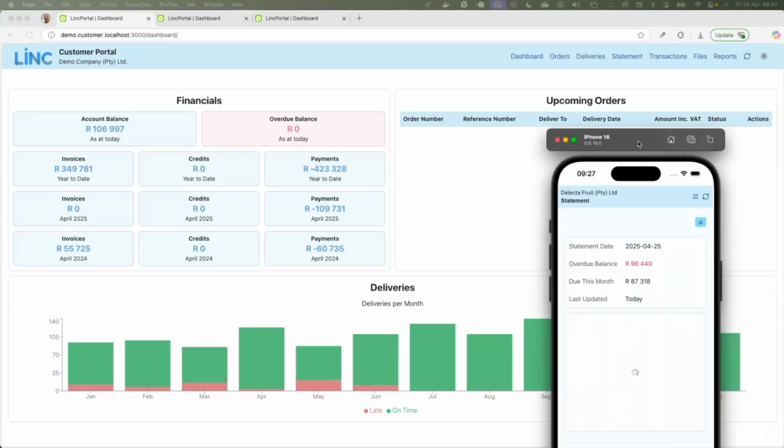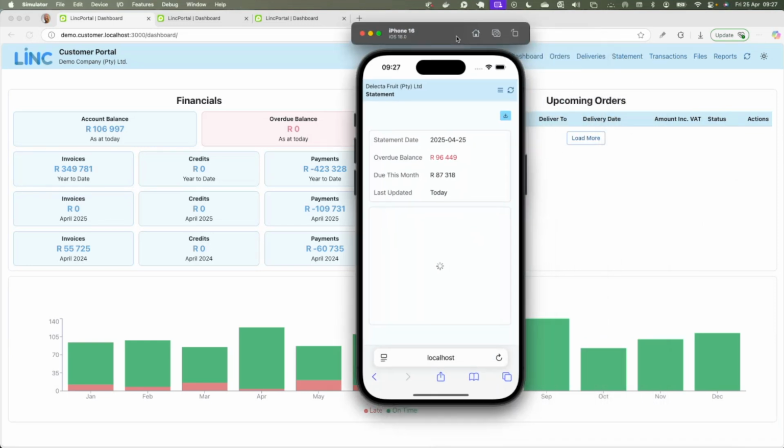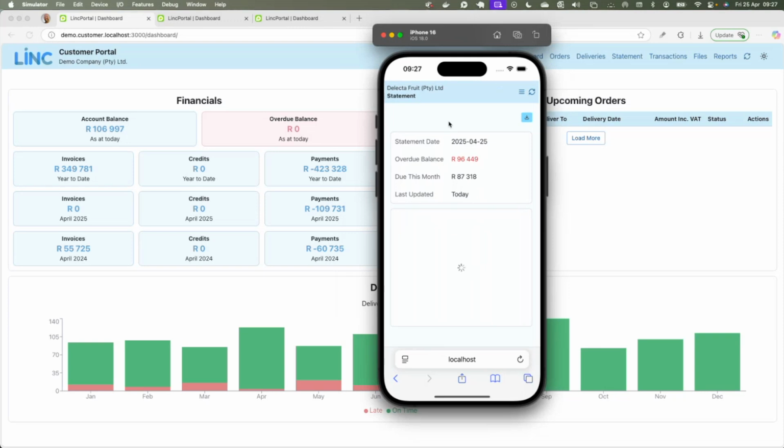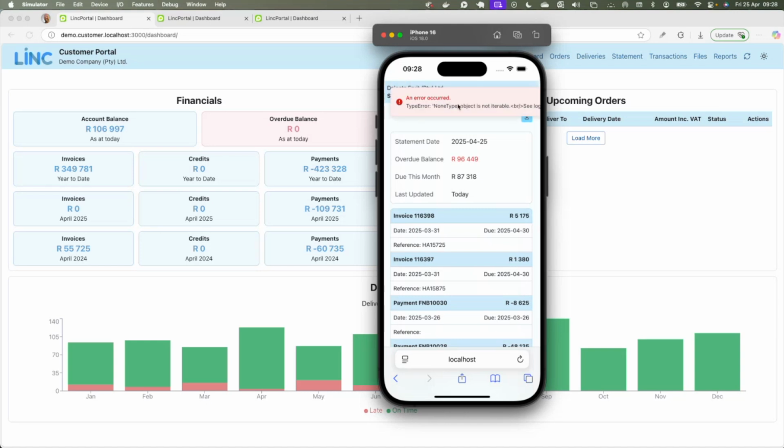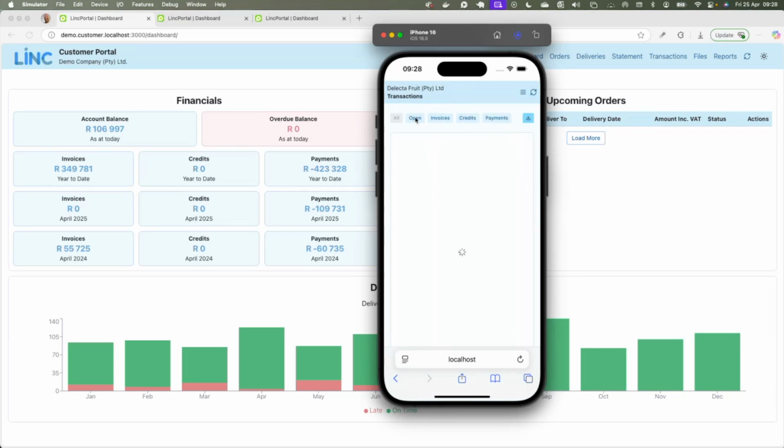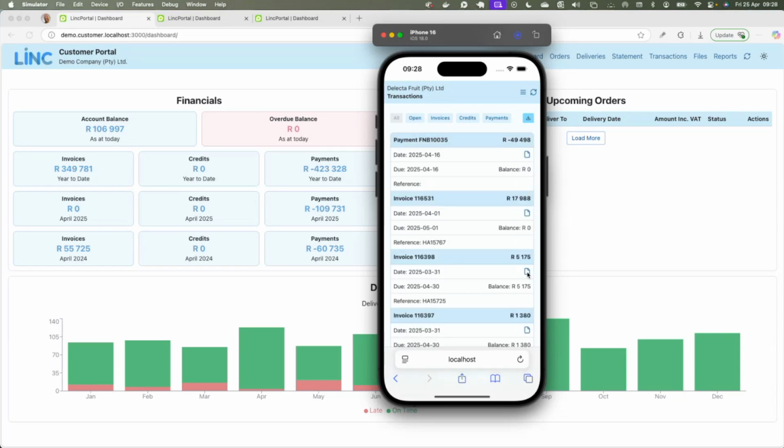We're also going to maintain the mobile app version capabilities of the portal. Here I just have a little demo iPhone running. I'll just reload this data, but just to show that, for example, if a customer from their phone logs into the customer portal, the statement will render in a way that's more readable, and they can also get to things like their transaction list, also filter by different transactions, and also click on the download buttons to, for instance, download a specific invoice.